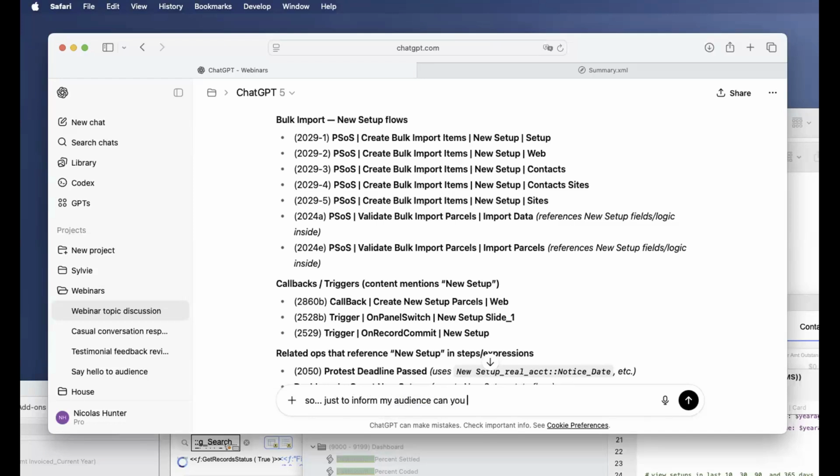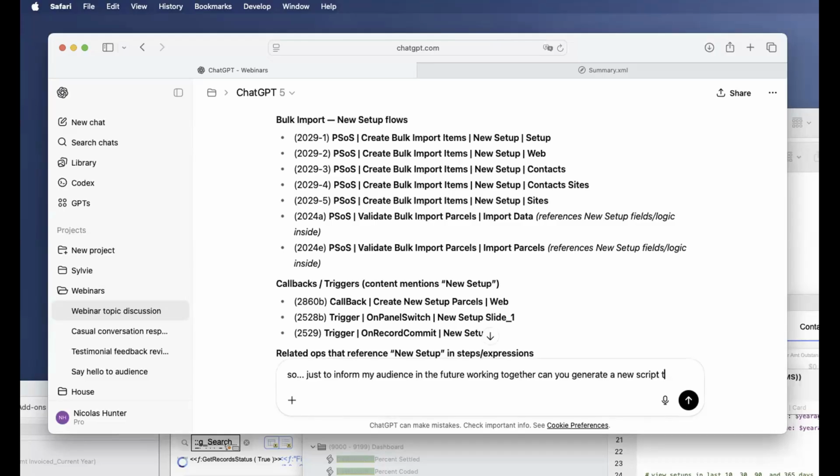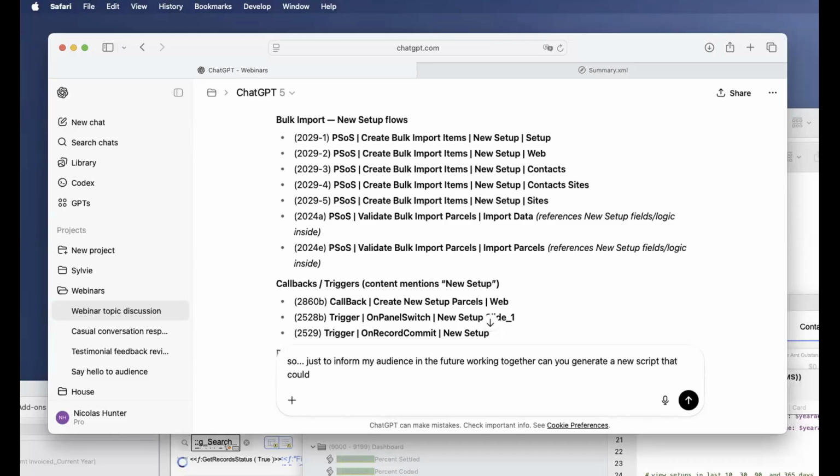Can you generate, in the future, working together, a new script that could use an existing script as a subscript, right?